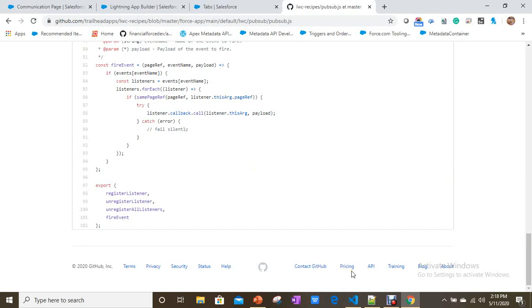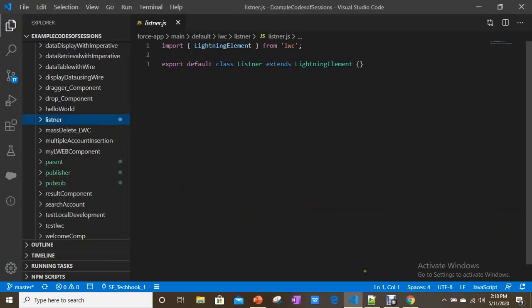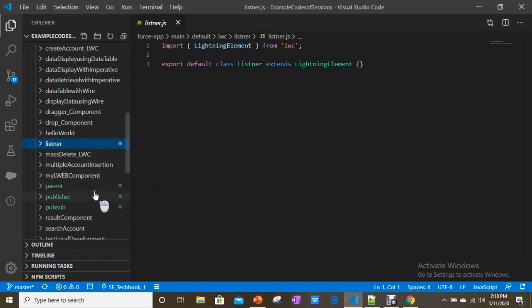If you want to publish, you have to import the publisher methods from this PubSub module or PubSub component. And if you want to retrieve or listen to those events, then you have to import those methods from this PubSub component. So that's why you have to add this PubSub component into your project. Let's see how we can do this.